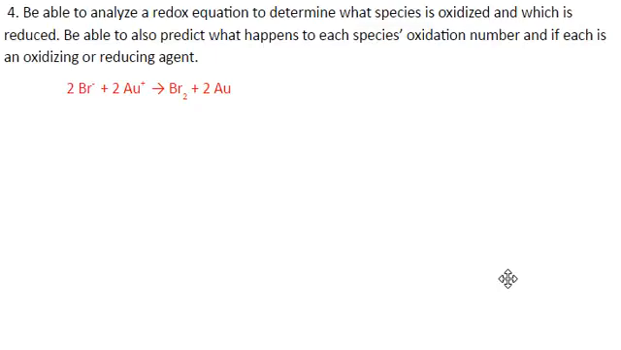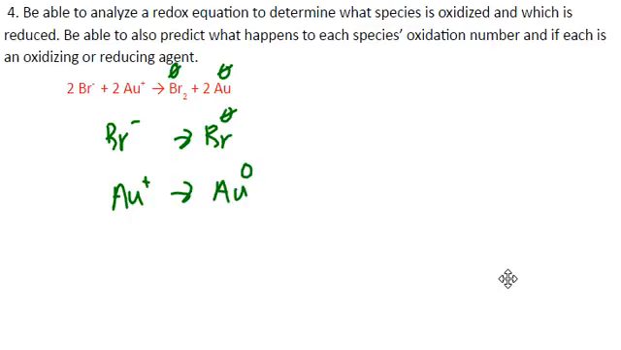So to analyze which species is oxidized and which is reduced, this one's actually pretty easy, even though it's not a typical one we see, because we know these are both going to be 0 over here, and we're given the charges on this side. So Br- goes to Br with an oxidation state of 0, and then Au+ to Au 0. From -1 to 0, that means there's a loss of electrons, so this is being oxidized,